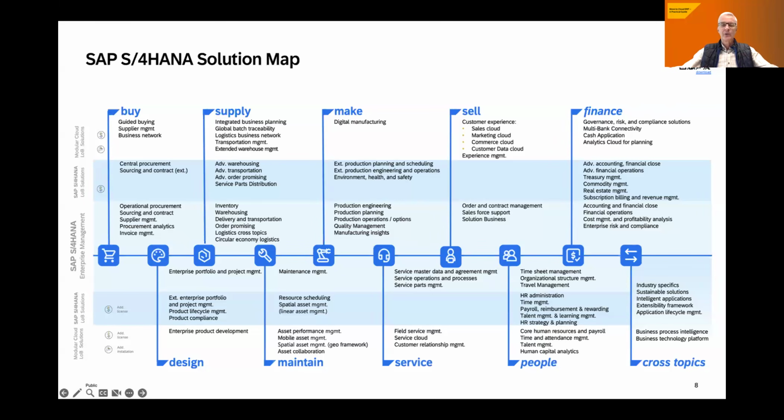The white area shows the functionalities that come in the shape of cloud applications, knowing well that SAP is moving from monolithic architectures to hybrid scenarios where flexible cloud applications definitely play a role for the future of our customers. Next slide, please.